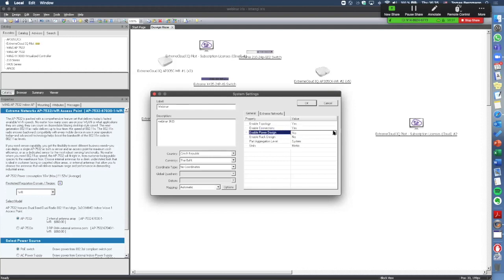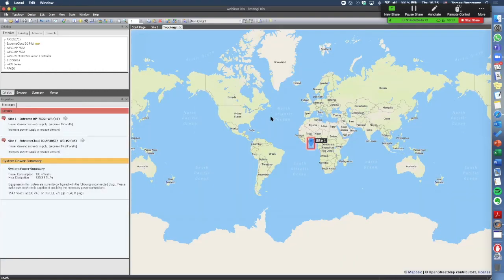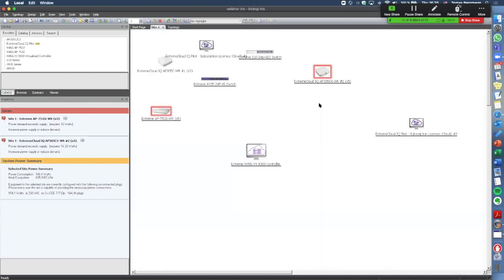We can do that. We will create power design as well. So based on this, we switch the mode. We are getting some warnings that we have some devices which are not connected to power. Let's put